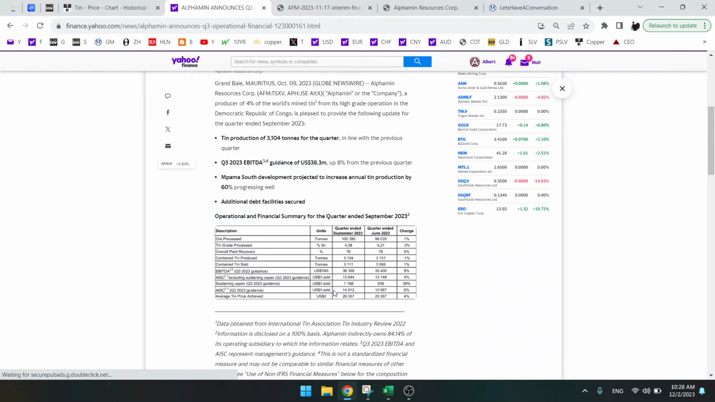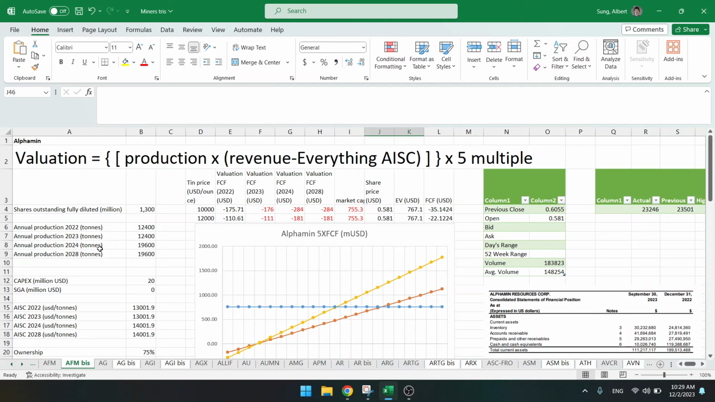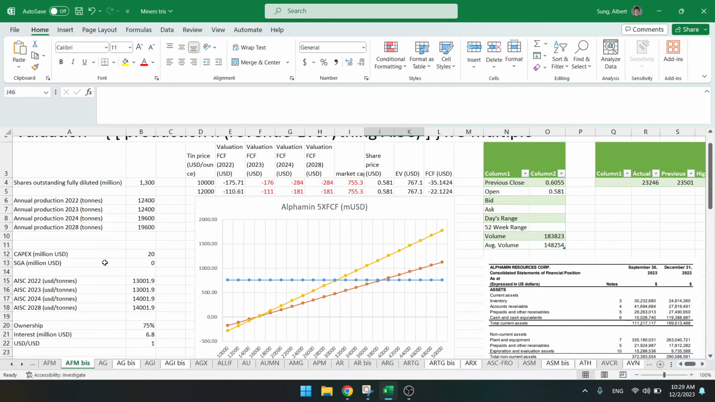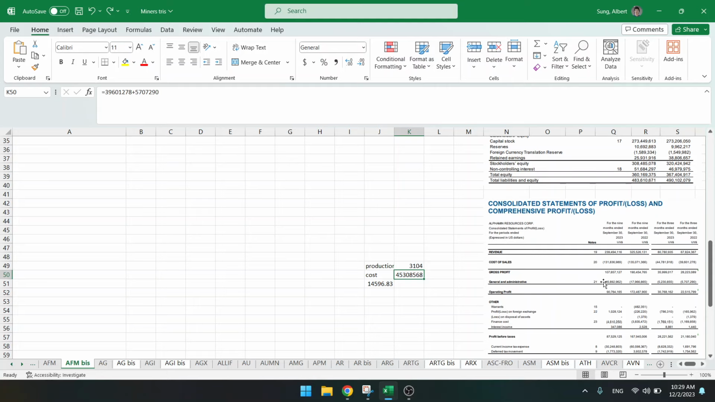Yeah, that's about the same. So yeah, 14,596 for the quarter was the cost. If we don't include the administrative things, then we get below 13,000. So